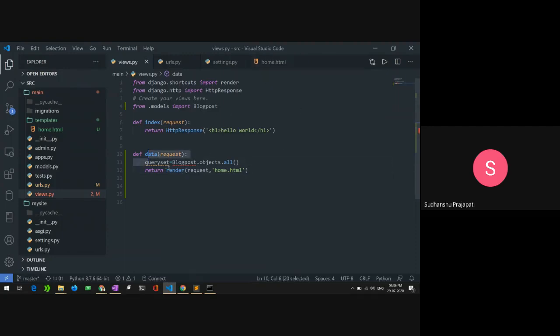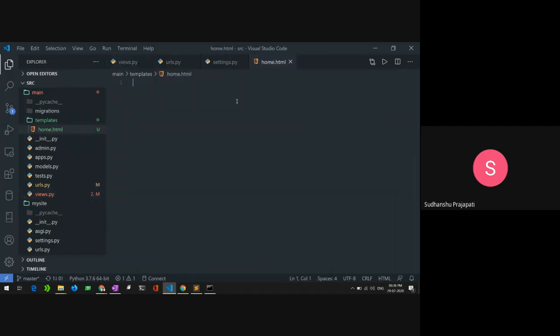After that, if you see here, I haven't provided a query set inside here or anything at all, so you might be confused how it will be able to put all that data inside home.html, and also we have an empty HTML file. So to make it better for now, I will just type "this is my template."